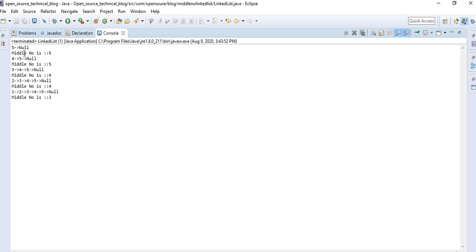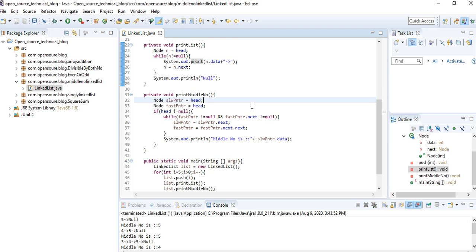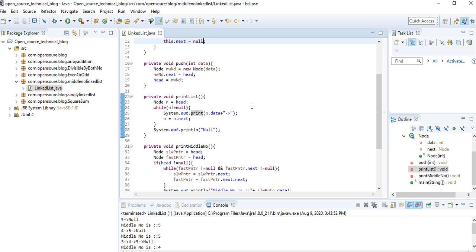So initially there is no element, just we have inserted 5, so the middle number is also 5. Then we have inserted another number which is 4. In this line you can see the push method. The first element is 5 we have inserted, so the middle element is also 5.